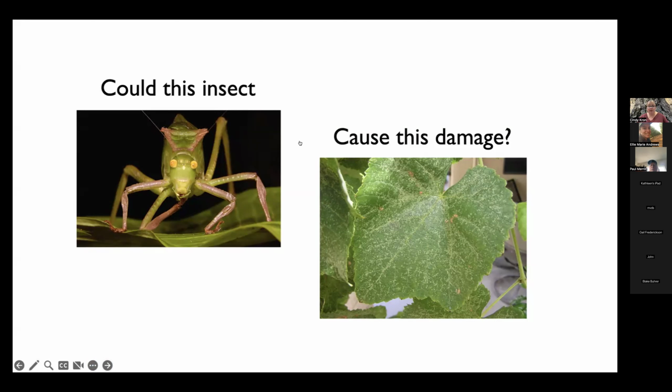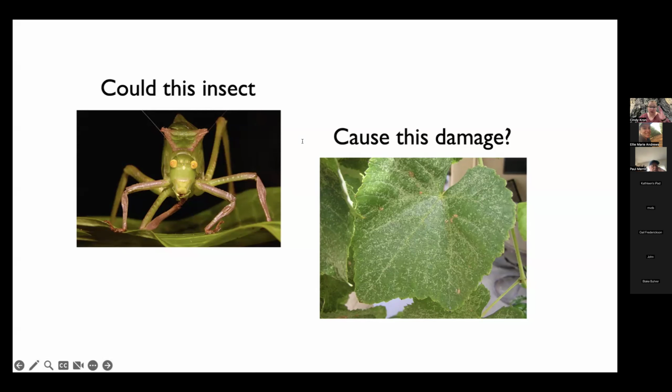Okay, Joey says no. Ellie says no, with a question mark. Cynthia says no, because it's caused by piercing mouth parts, and I see a chewing mouth,